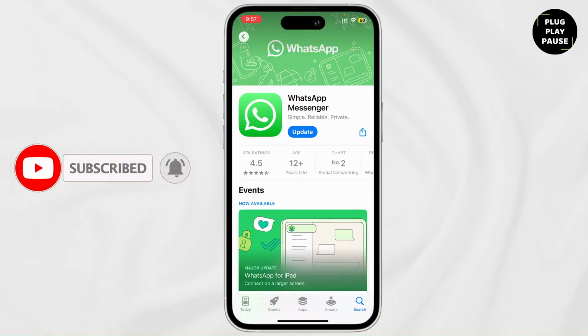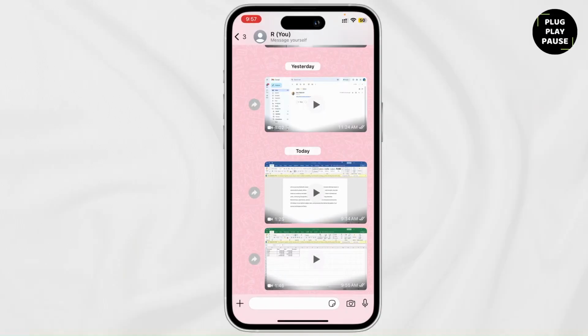So, today I'm going to teach you how to make strike through text in WhatsApp in just a few simple steps. First things first, open up your WhatsApp and select the chat where you want to send the strike